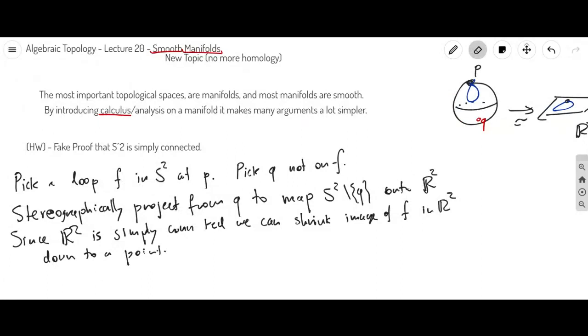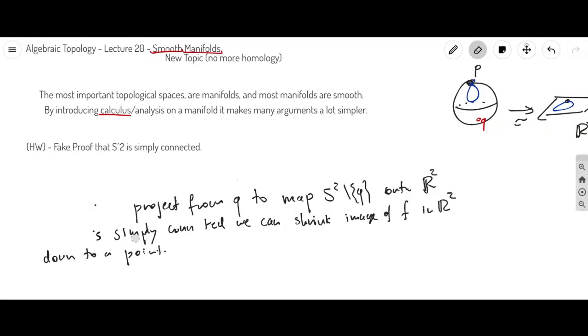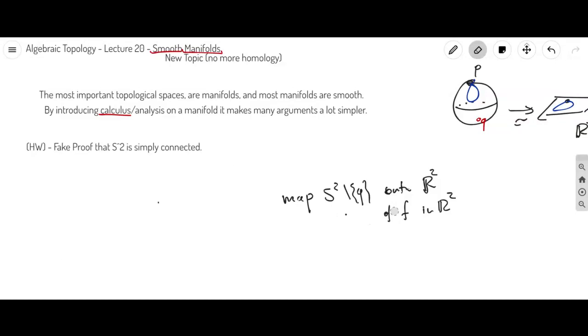Well, the problem with this argument is that you have these very strange paths, functions, when we talked about curves, called space-filling curves. And it is conceivable that this is a very pathological loop that completely fills out the entire sphere. And then this argument breaks apart. So there's a flaw in the argument. The way you can fix this argument is you basically have to do this. We're not going to do it because this is closer to analysis than to topology, but just to give you an idea of how you would do it: